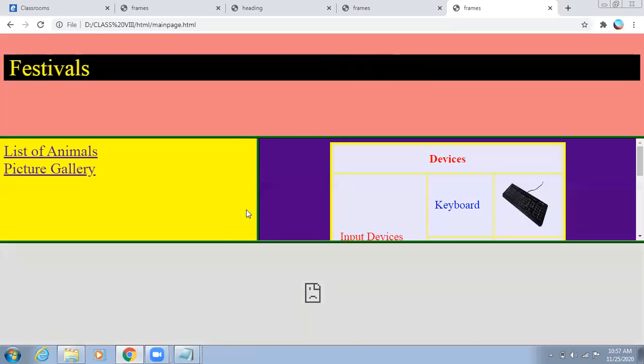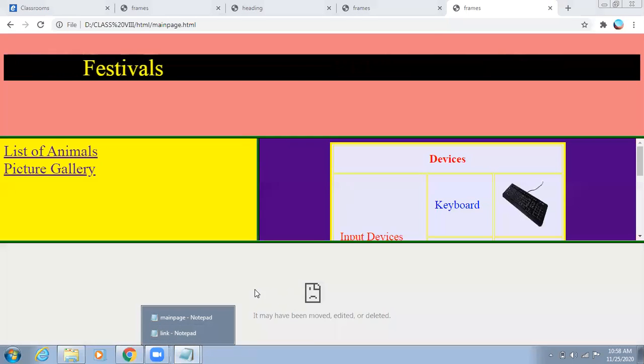So there are total three partitions of the page. Sorry, total four partitions. First we have divided into three equal rows: first row, second row, third row, all of equal width. Then in the second row we have further divided into two columns. And if you do not insert any page, or if the page is not located in the same location, then this type of message will get displayed on your web page, on your website.